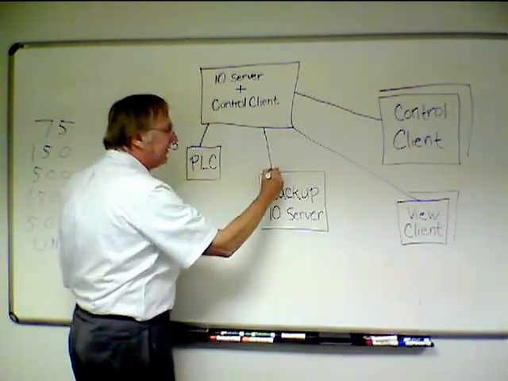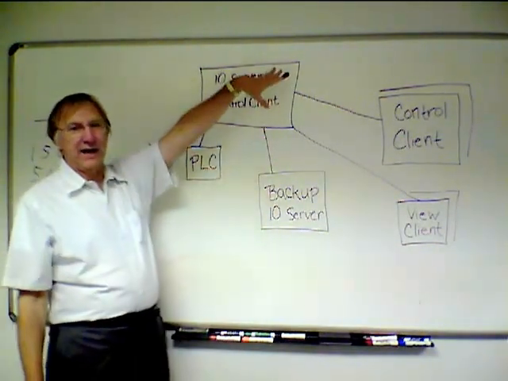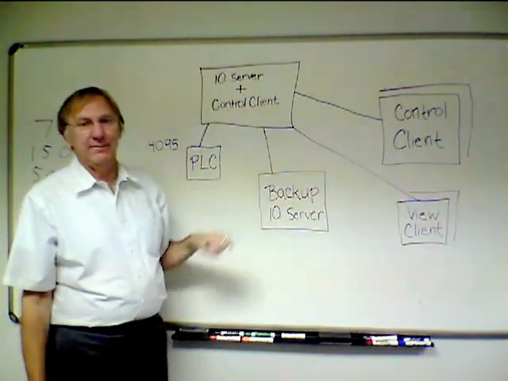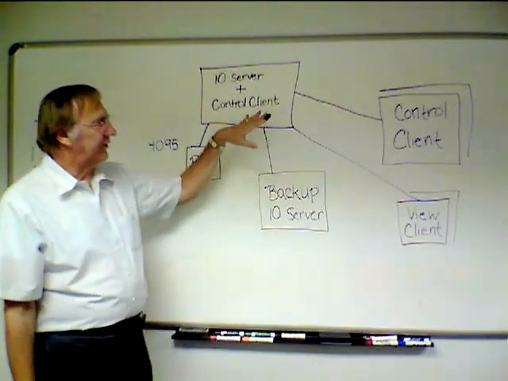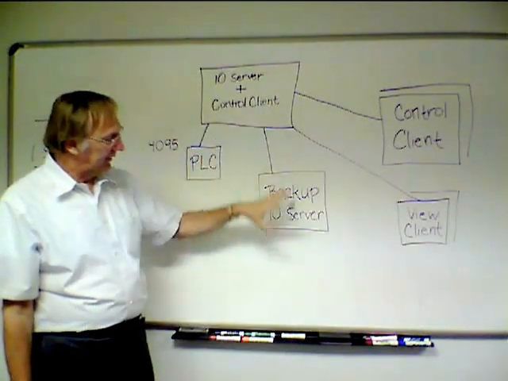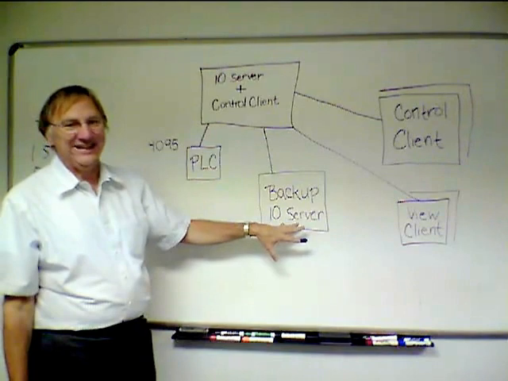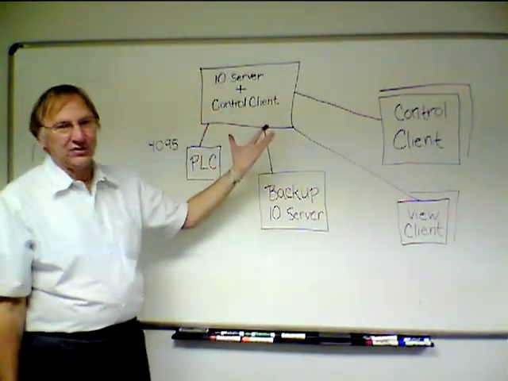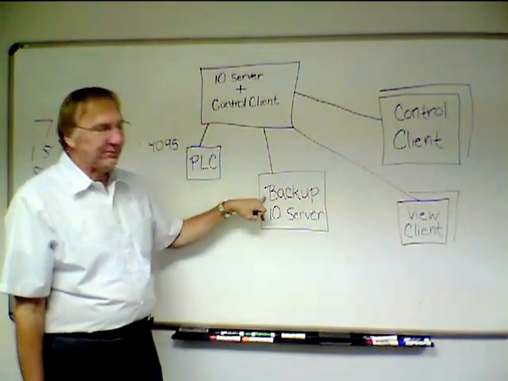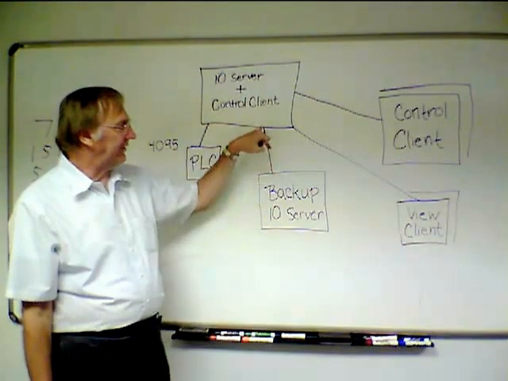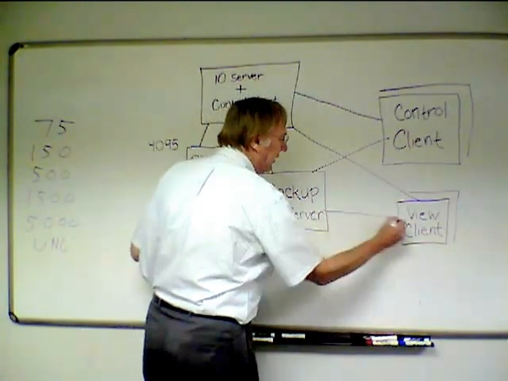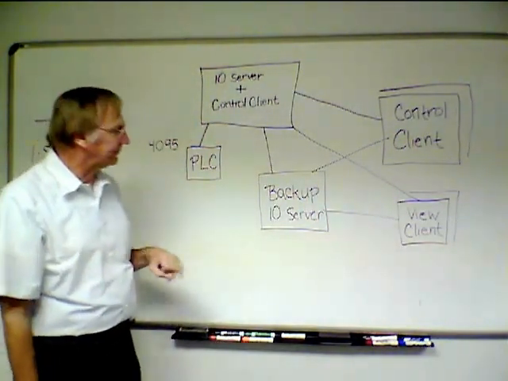And the mission of the backup system is to monitor the I/O server. And when and if the I/O server goes down, the backup system will take over. Now, if it's a controlled shutdown, meaning someone has told this I/O server to shut down, the backup server will take over immediately. But if it's a crash, somebody's kicked the power cable, the computer for some reason is halted, then the backup system will wait on an average of about 30 seconds, and then we'll take over, and then it'll start controlling the clients out there.